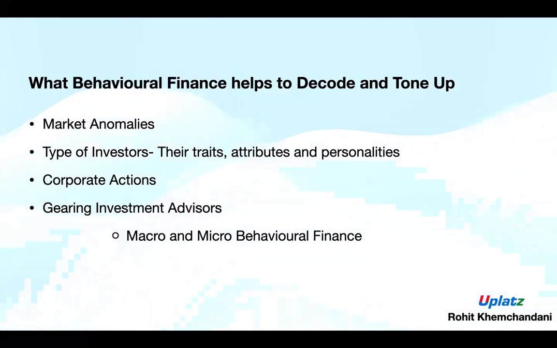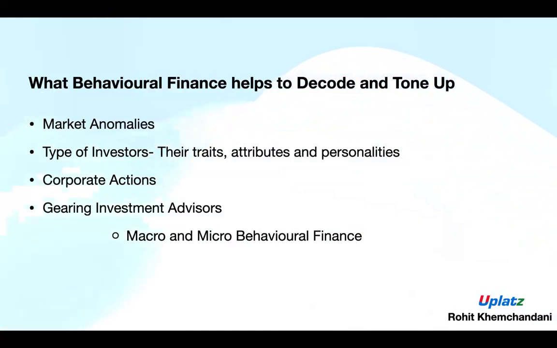It also helps to understand the reasons for market anomalies. Though standard finance theories are able to justify the stock markets to a great extent, there are still many market anomalies that take place in the stock market. Like a bubble is created, or there is an effect of a particular event, or there is a particular date on which the stock market changes its direction. These market anomalies remain unanswered in standard finance.